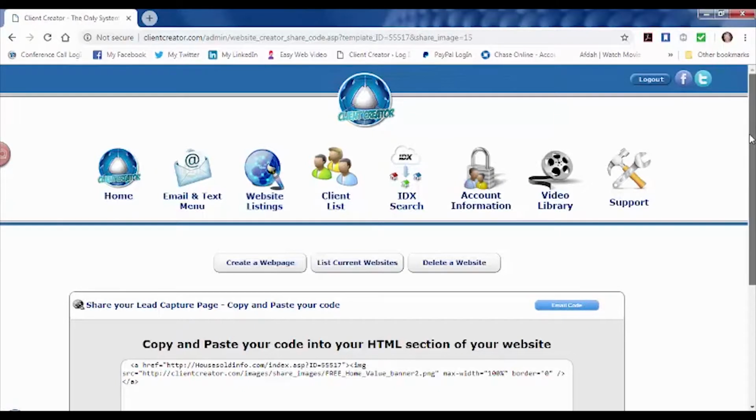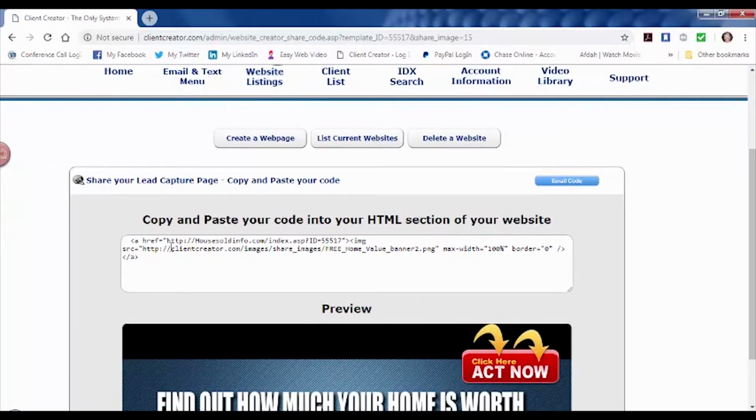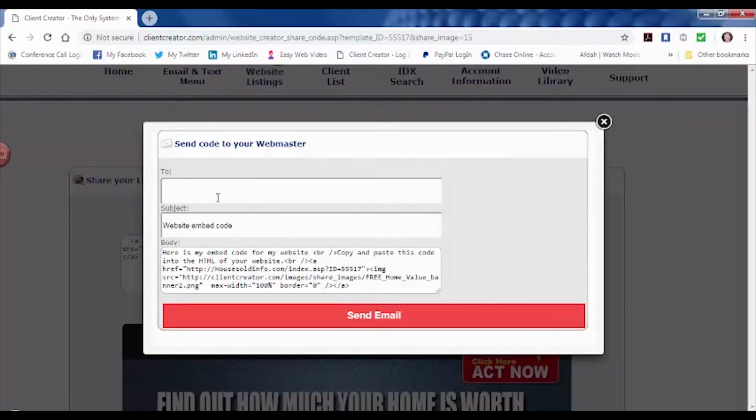When we do that, it's going to generate the HTML code that you're going to need to give to your webmaster, or if you know how to do it, that's fine. And up here, you're going to say email the code. Put in your email address right here and send it to yourself so that then you can forward it to your webmaster or whoever takes care of your other websites. And when you do that, they have everything they need to put that graphic on one of your websites